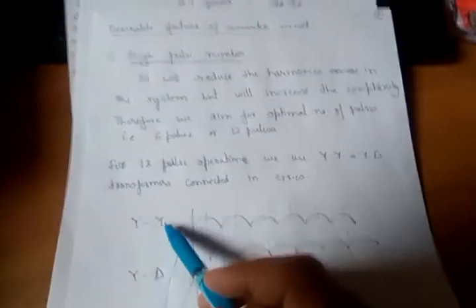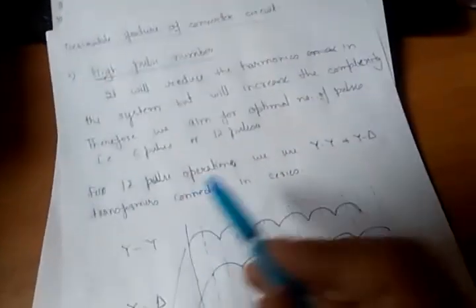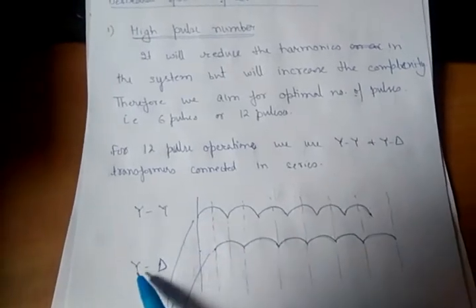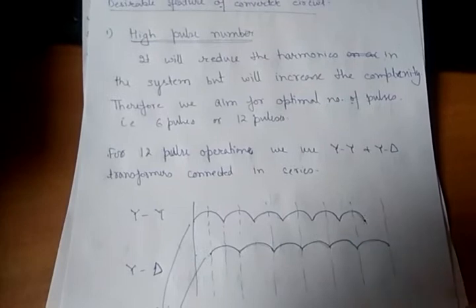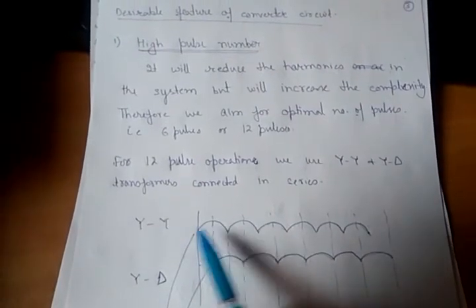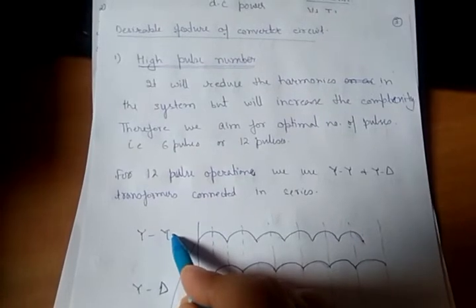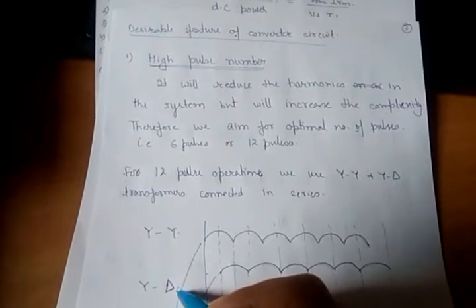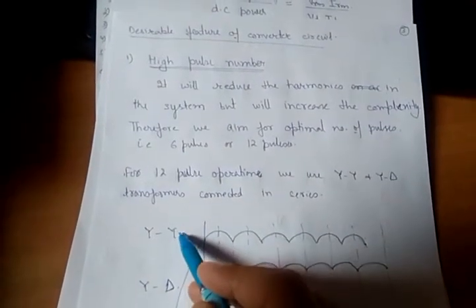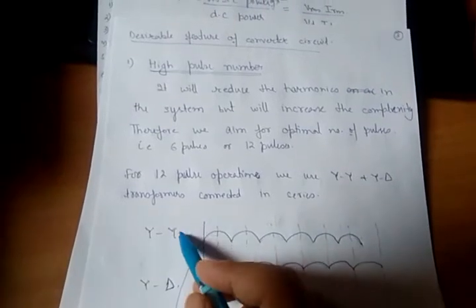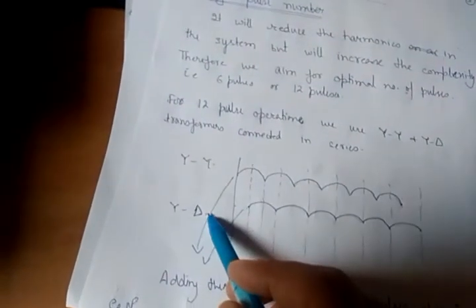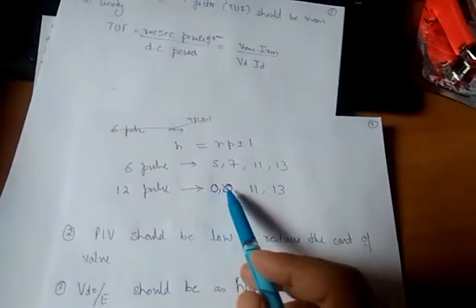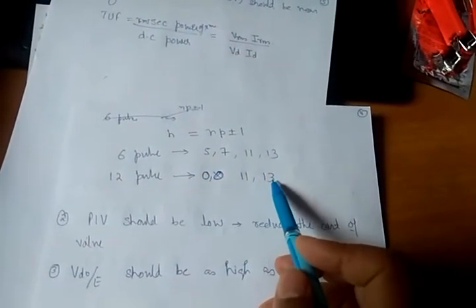Suppose this is a star delta transformer. In their waveform, there will be fifth and seventh harmonic as well. But in case of a star delta transformer, they will generate a fifth harmonic and seventh harmonic of opposite polarity compared to this one. If this is generating a fifth and seventh harmonic of one polarity, this will generate a fifth and seventh harmonic of opposite polarity, but not 11th and 13th. So what will happen? The fifth and seventh generated in this will be cancelled by the fifth and seventh generated in this. So that is why in case of 12 pulse, we will not have the fifth and seventh harmonic, though 11th and 13th harmonic will be there.